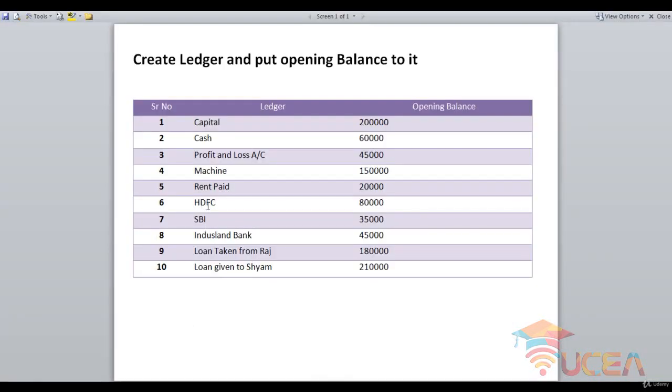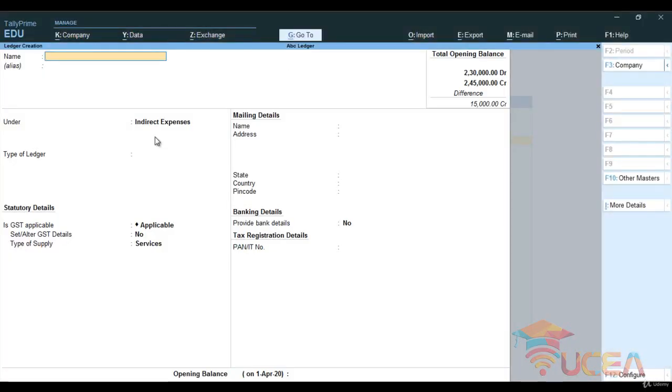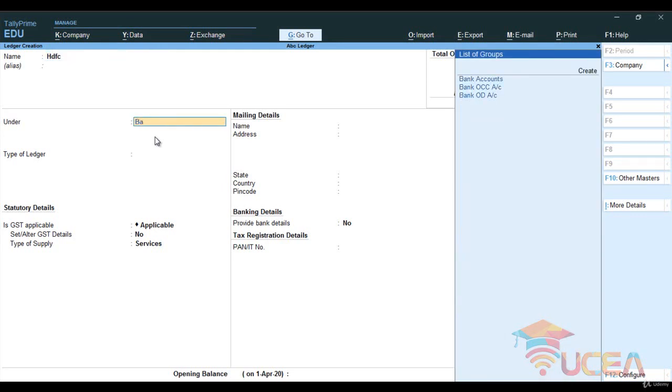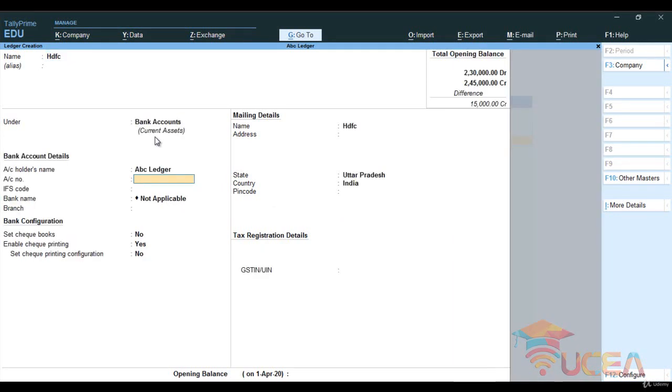Next ledgers are bank account, HDFC, SBI and IndusInd. For the HDFC it is 80,000. Okay, so I'm typing HDFC. Now this is a bank account, so type bank. Here you will see bank accounts are coming, bank account. Okay, go ahead.